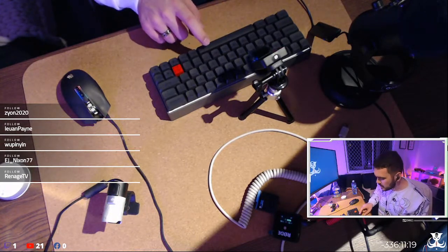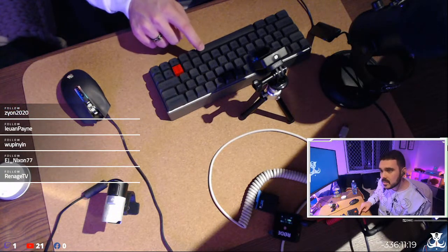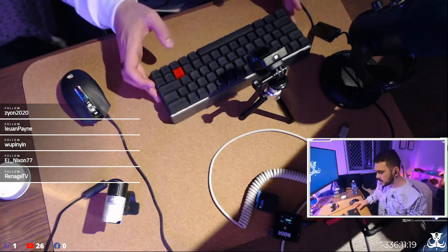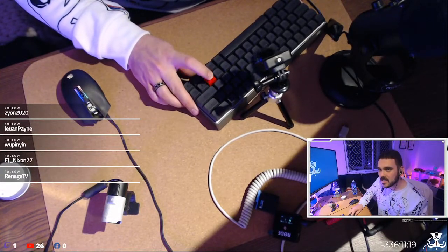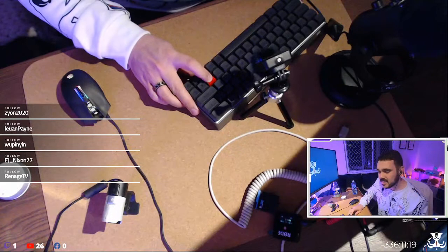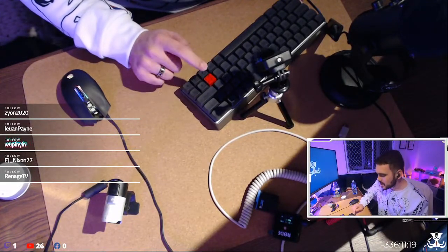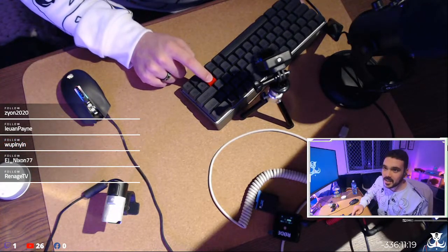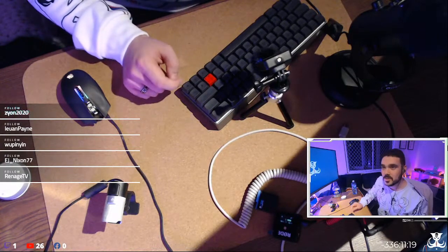I don't like the space bar, actually. This is why I want to change the stems. And this key is super sticky, so it doesn't sound very good. See, sometimes it gets stuck. This Lego key is trash, but I don't actually use this key ever. It's a shift key, and I don't think I've ever pressed it, but it looks cool with the little Lego